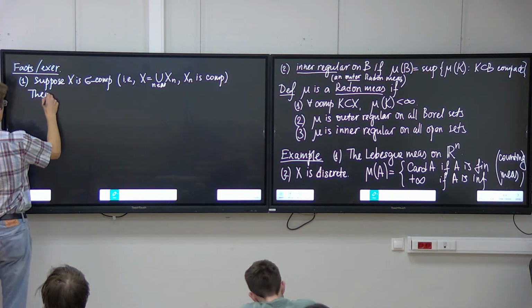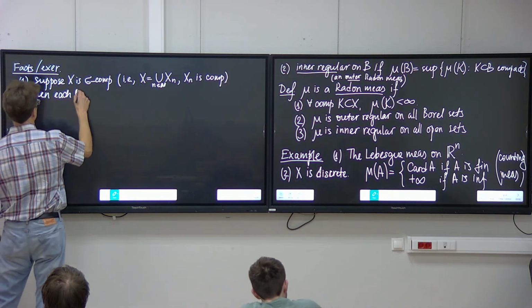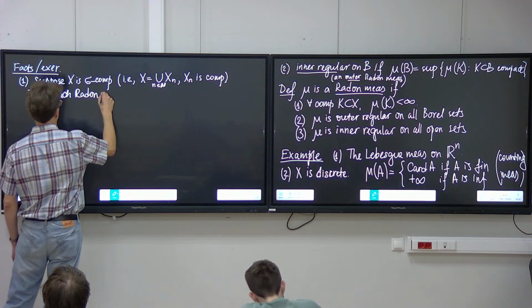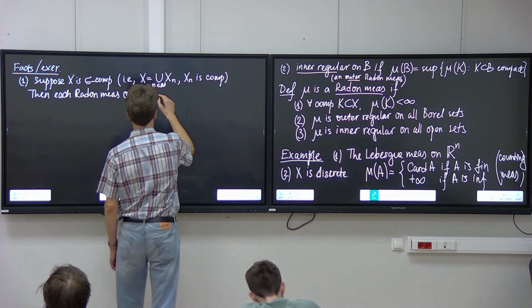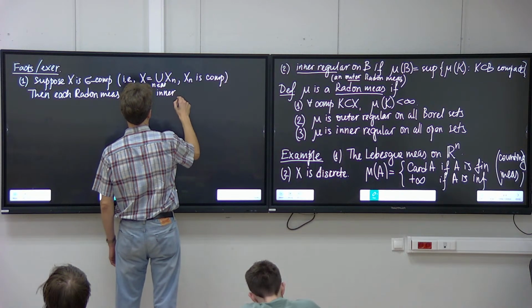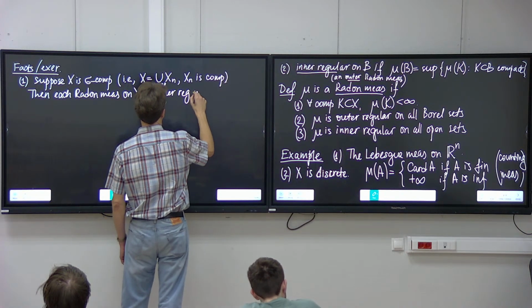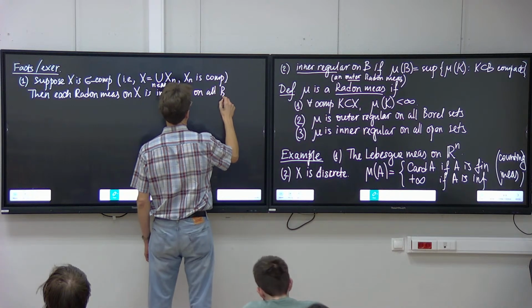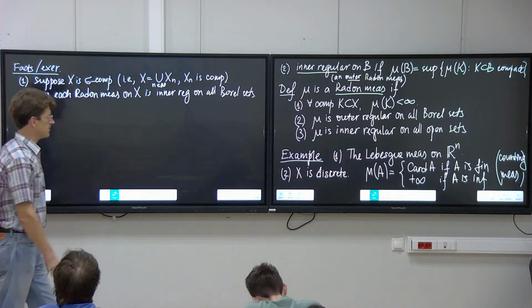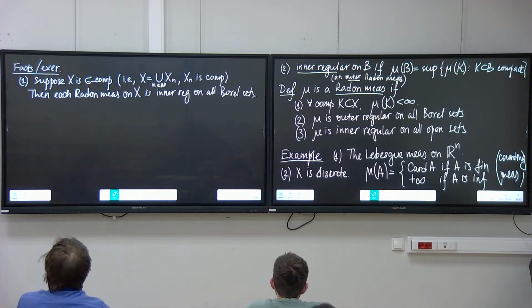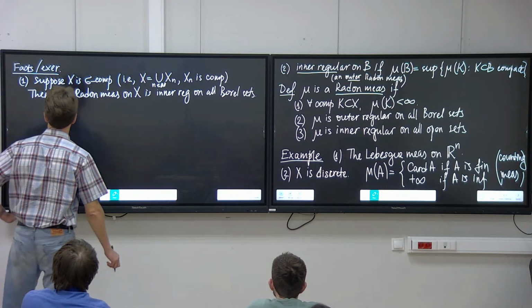Then each Radon measure on X is inner regular on all Borel sets. So it is outer regular and inner regular on all Borel sets. Moreover,